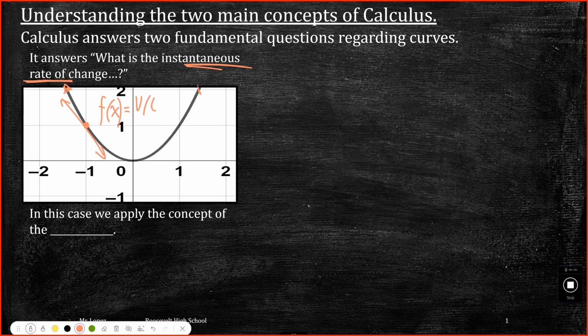So if this is a velocity, then take the derivative of this to get the acceleration. But let's say for right now that it is a position function, so take the derivative and find the velocity. In this case, we apply the derivative to find the instantaneous rate of change at any point,